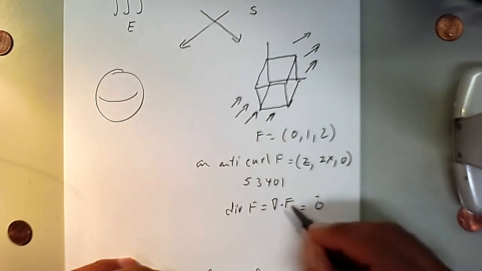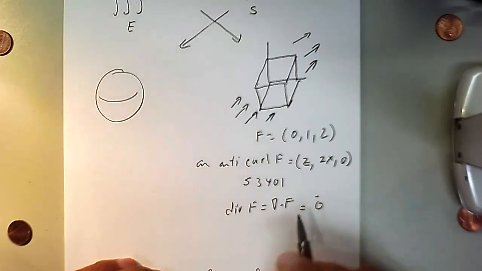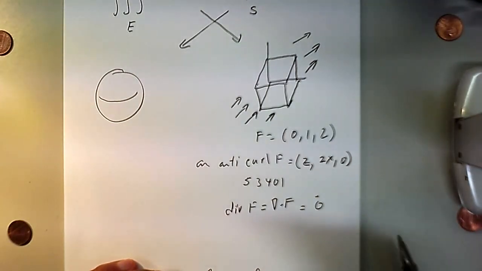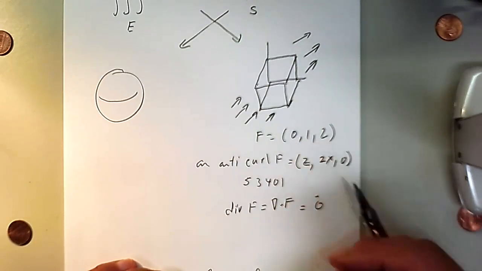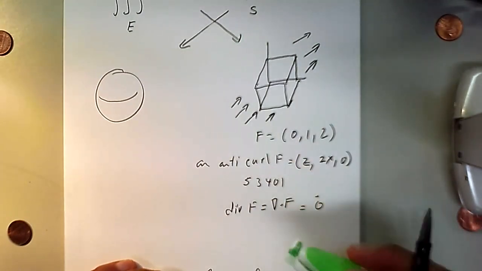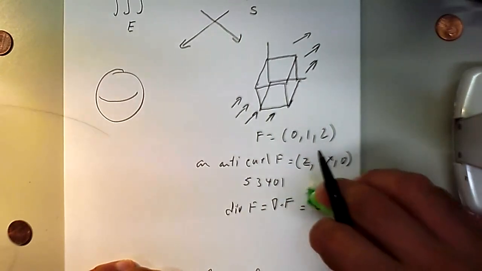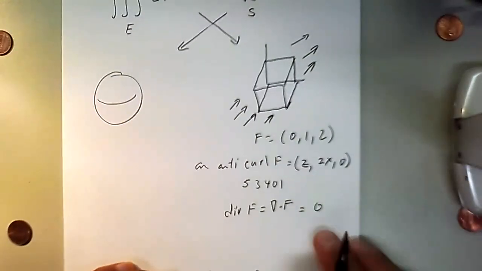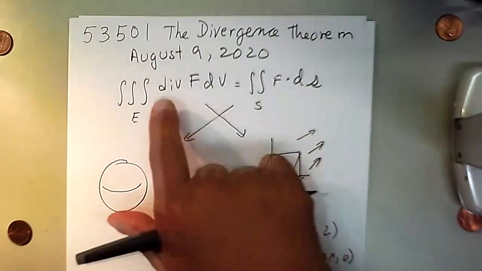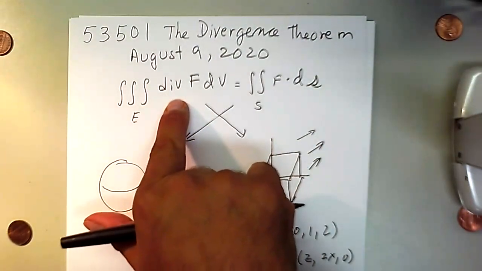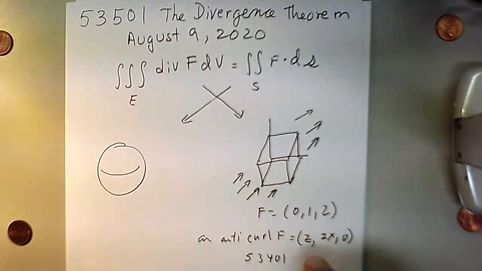No, not the vector 0, the scalar 0. No vector at all. Because the derivative of 0 is 0, the derivative of 1 is 0, the derivative of 2 is 0, so 0 plus 0 plus 0 would be 0. And so if we apply the divergence theorem anyway, we would immediately get 0 here without thinking about last video or anything like that,